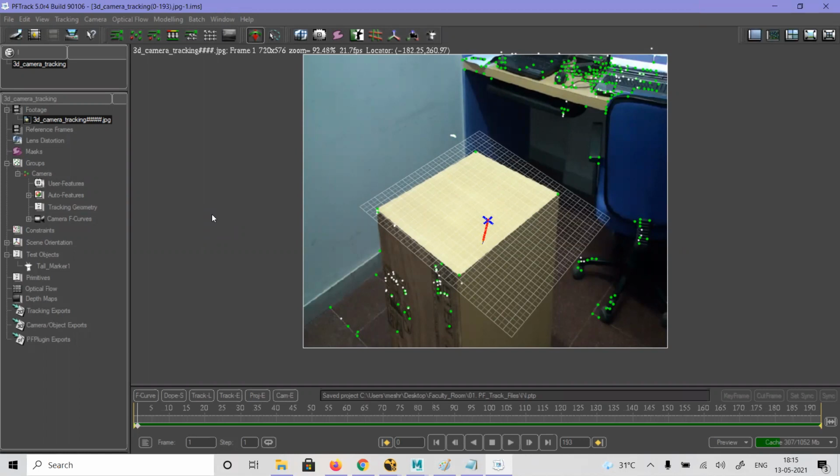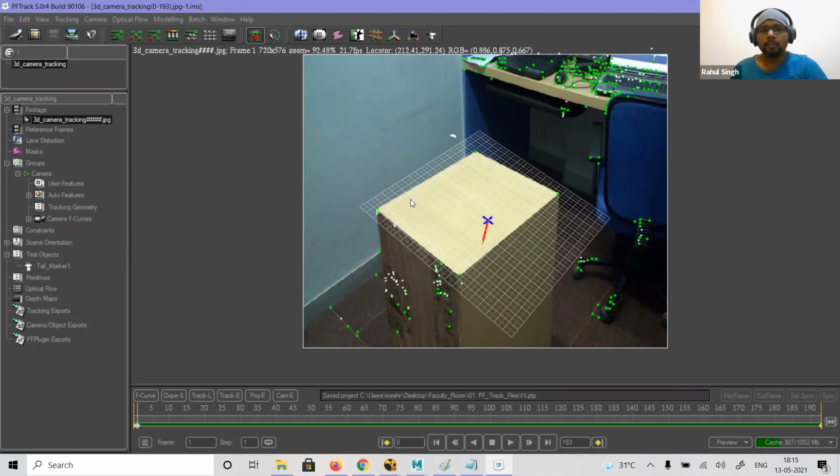Yes. Anyone is having any question, any problem? No? Not now, I guess, maybe we'll try it then. Yeah, okay. So do one thing, try this: import the footage, track it, solve it, check it with the test object. If it is fine, export it to Maya, try to drop an object and check it, and render out the playblocks. Okay, so do this so that you will understand what the process is and how it is done.